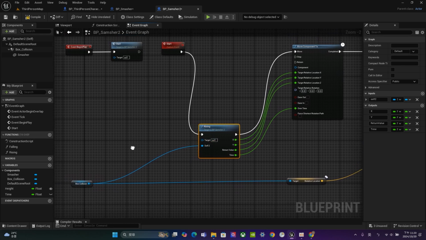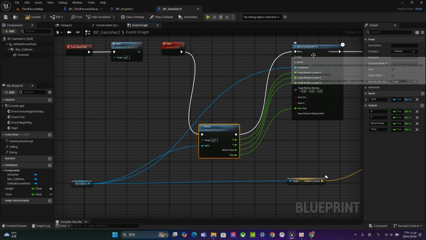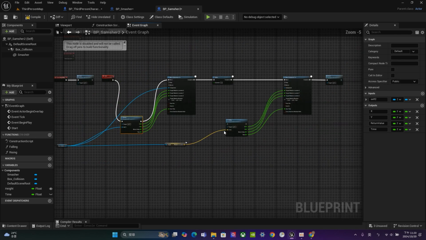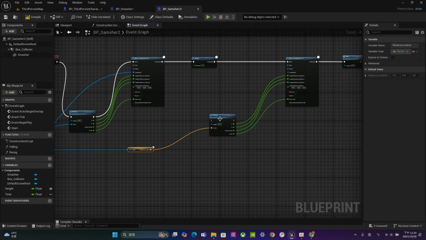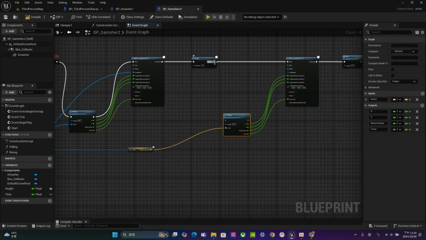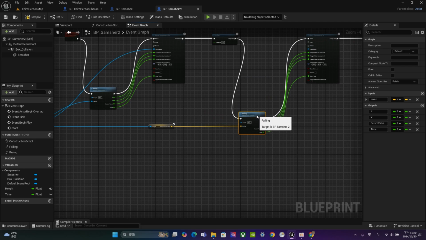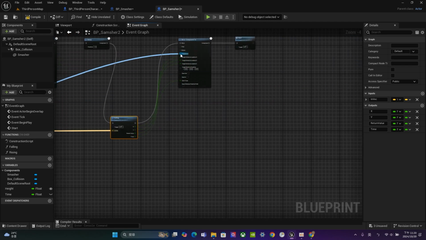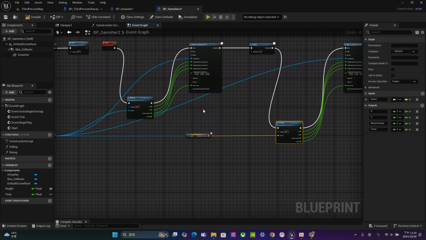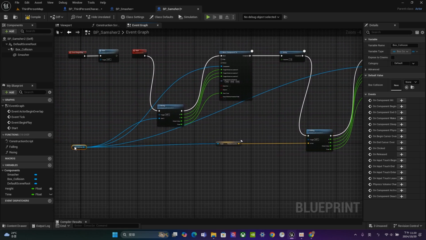Target cell, that's correct. And the component here, we have to connect here, right? The box collision to the move component to component. Okay, so pretty much done. And also here, that's the same. We need a trigger. Let's connect to here. Then for that part, we can connect to here. And also this part, we need a component that connects to the component. So pretty much now, I think we can start to